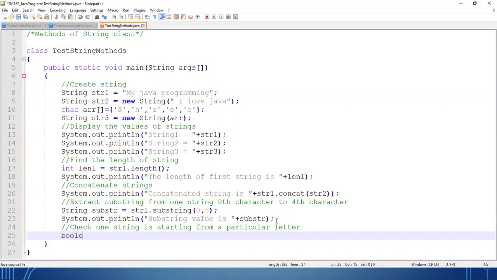Now I have to write boolean value equal to, suppose I am writing str2 dot. Clear? And the method is startsWith. Okay, let me check the spelling. Starts with. Okay, yes, correct.